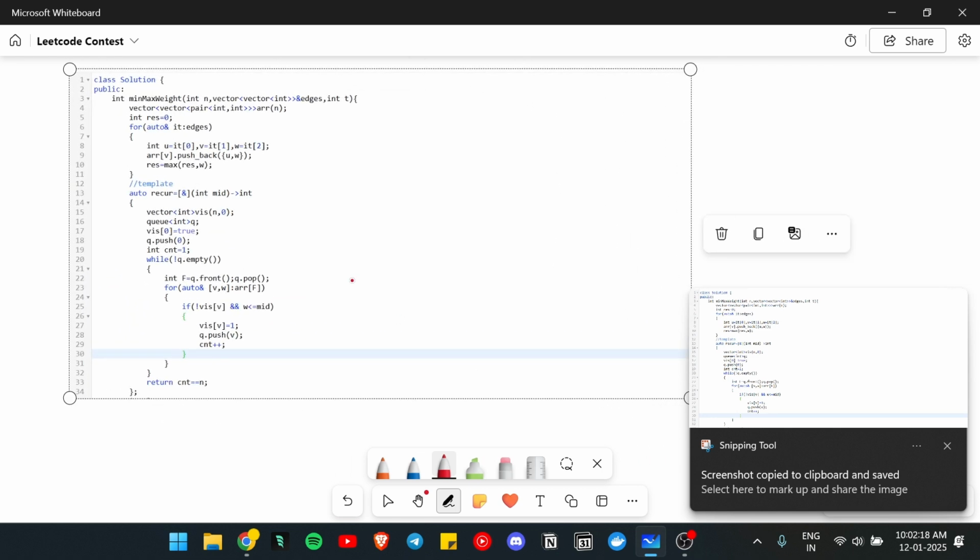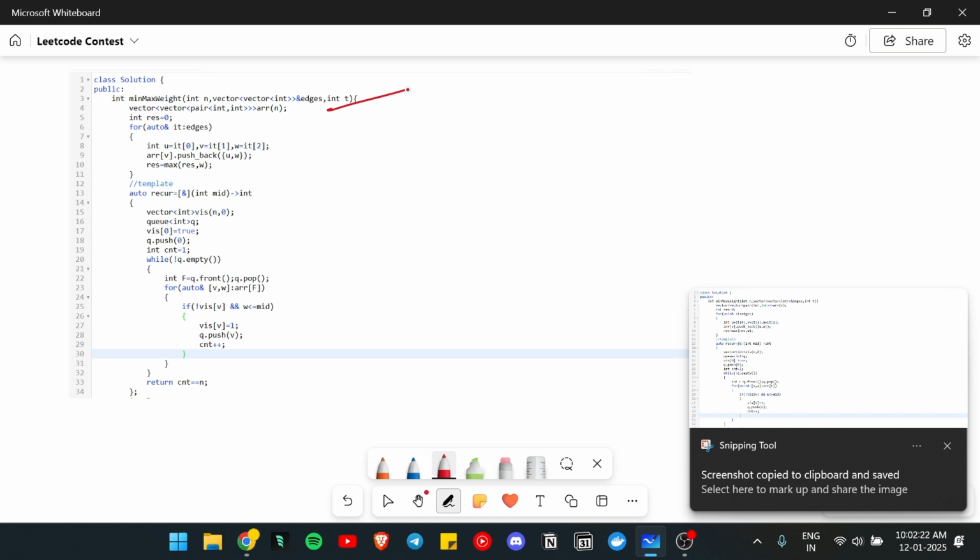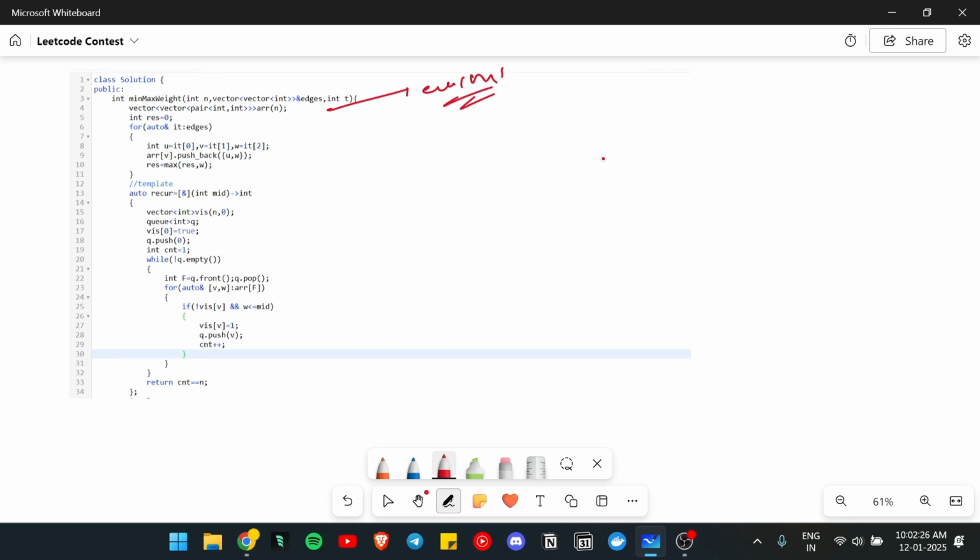So first we have a vector ARR of n to initialize with their positions and their values. The purpose of this initialization is a variable that stores the result and the maximum weight encountered. In this case, ARR is our adjacency list of